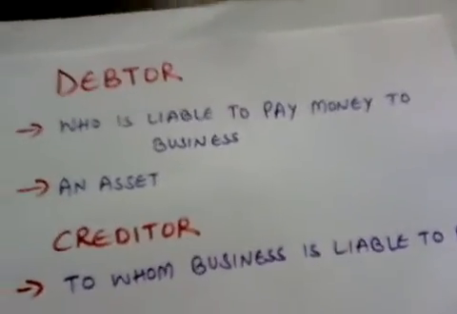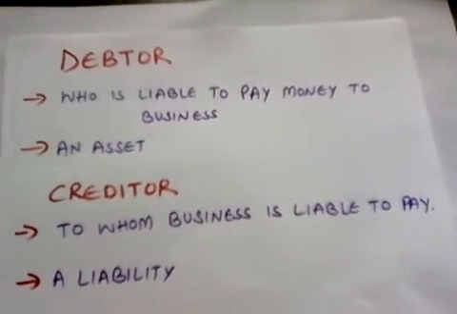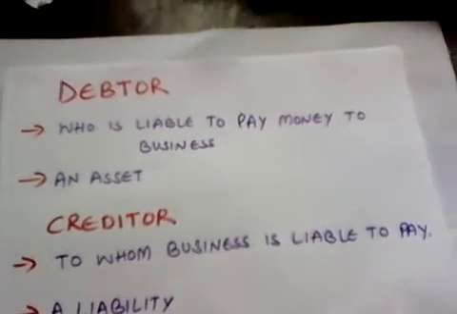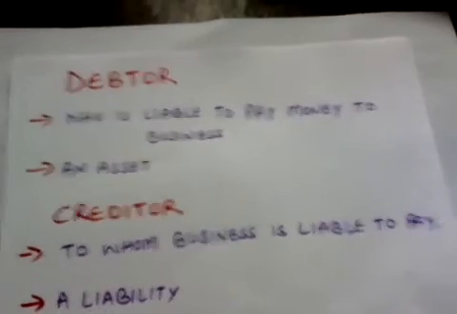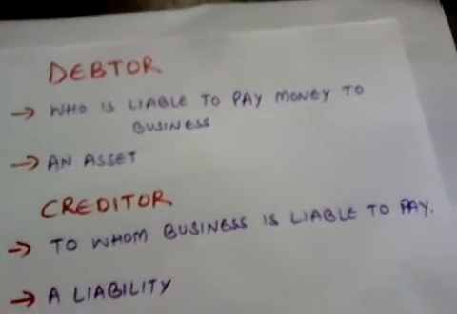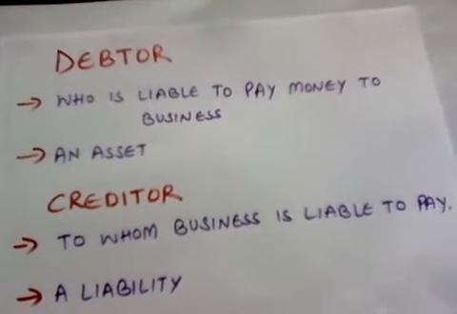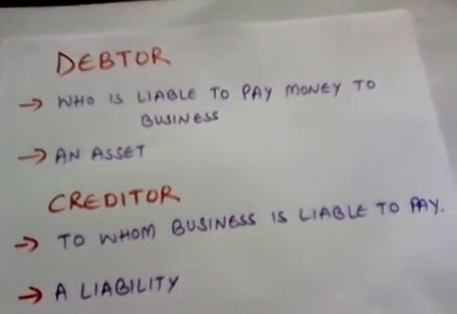Next we have debtor and creditor. Debtor is what? A person who is liable to pay money to the business. That means the business is on the safe side. Your debtors are considered as your assets. Why? Because if you are